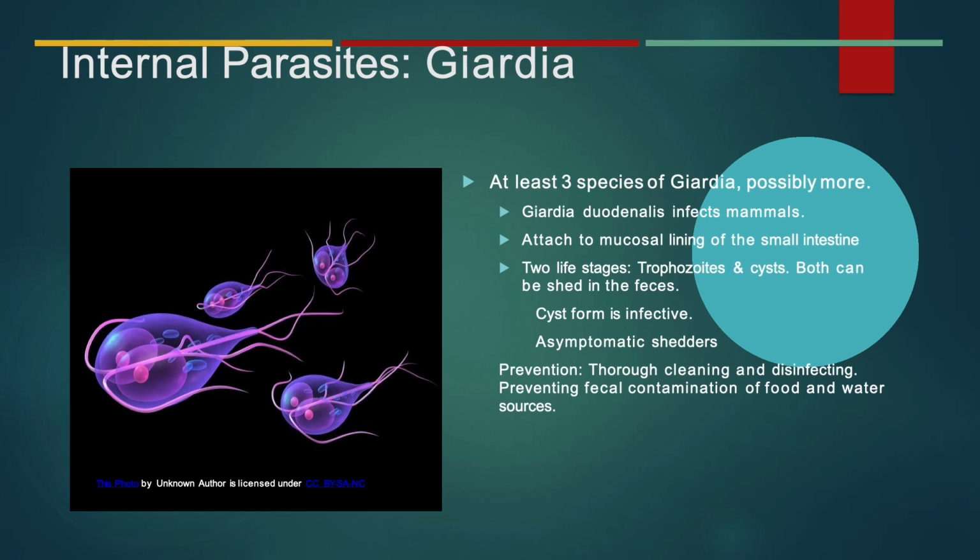There are at least three different species of Giardia, probably more. Giardia duodenalis is the one that infects mammals. This comes and goes as far as zoonotic potential. There are those out there who are strong believers that this is zoonotic, and that if your dog or cat has it, you can get it. There are others who say this really doesn't like people,